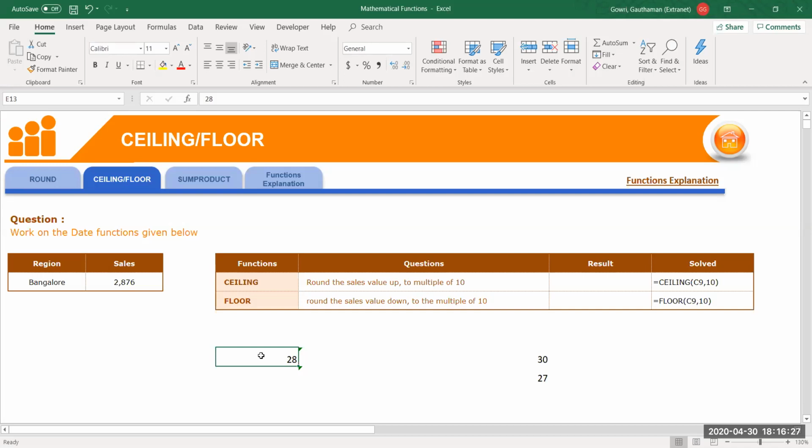People would like to keep the cost of an item in round numbers so that it is easy for exchanging, without any change. It's not 9.99, because they never give that 1 rupee back to you. So I just took a random example to explain where you can use ceiling and floor. Okay, so the next example.